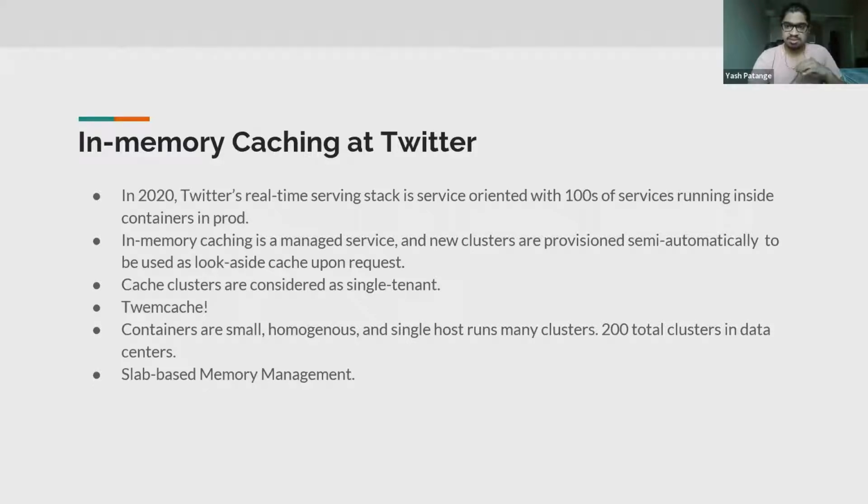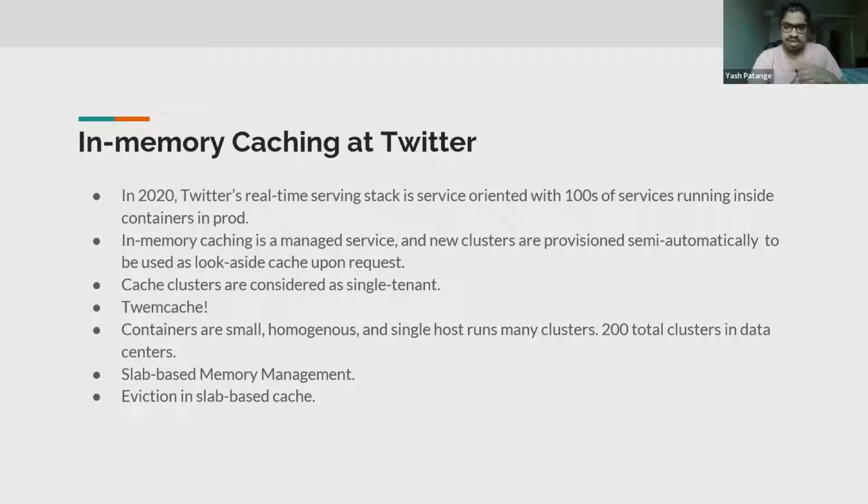Memcache uses on-demand heap memory allocators, but these lead to a problem of external memory fragmentation. To solve this, Twemcache uses the slab-based memory management system from Memcache. Memory is allocated as fixed size chunks called slabs, which default to 1 megabyte. Each slab is then evenly divided into smaller chunks called items, and the class of each slab decides the size of its items. Slab-based memory management eliminates external memory fragmentation, but you end up with internal memory fragmentation.